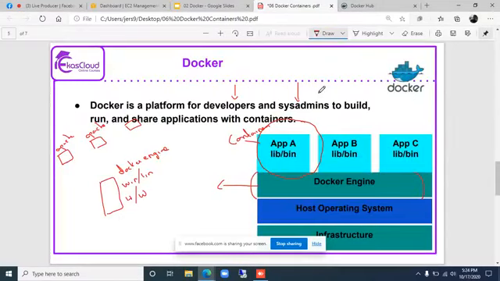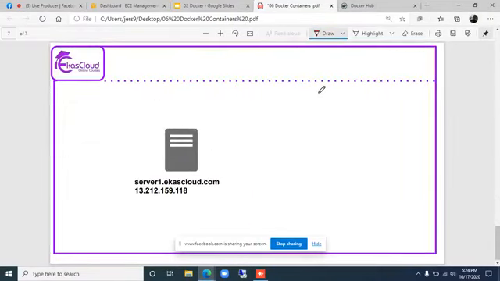Okay. So before starting this webinar, I have just created one server, and this is the IP address of this server. I'm going to connect to it.